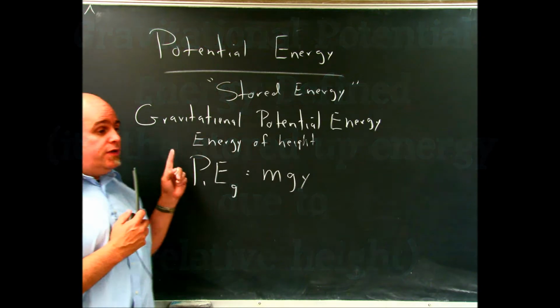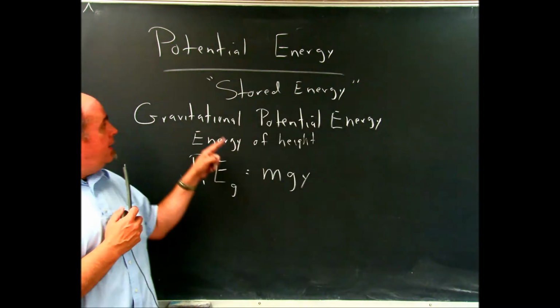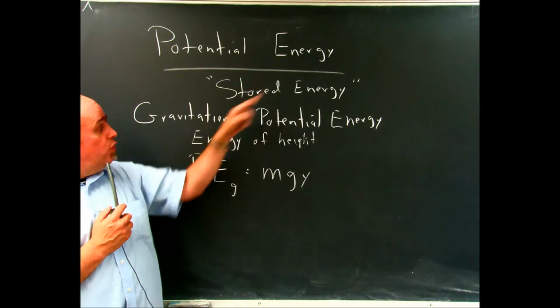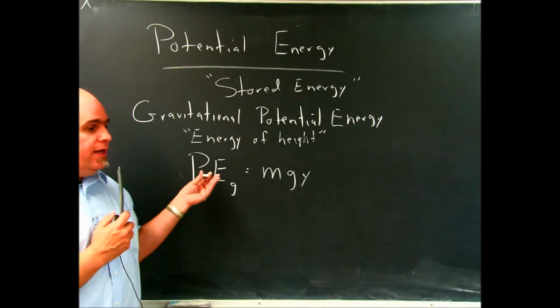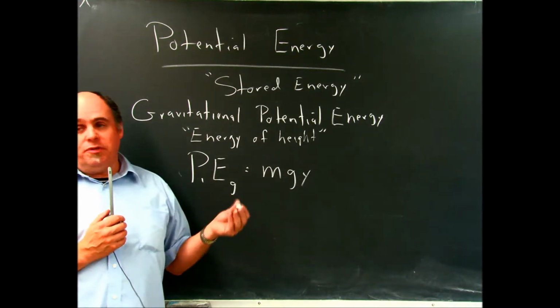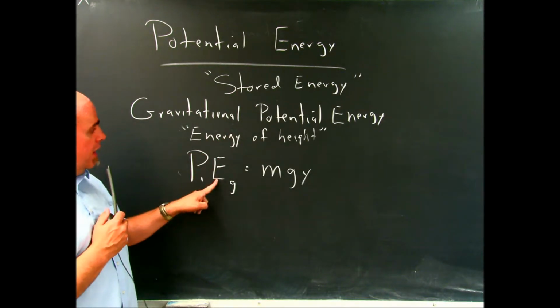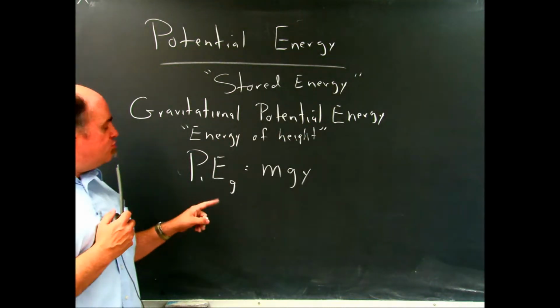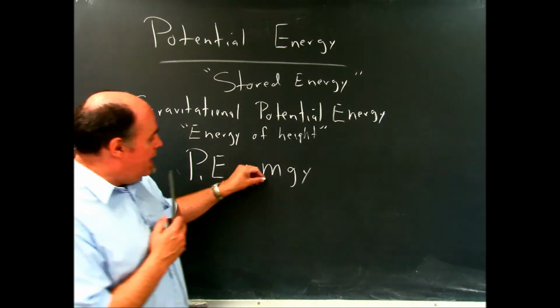So what I've written here is gravitational potential energy, and remember, potential energy means stored up energy. It's the energy of height. Anytime something is changing its relative height, it's changing its gravitational potential energy. So we write it this way: P for potential, E for energy, and we have a subscript here, G, for gravitational. It equals M, which is the mass,